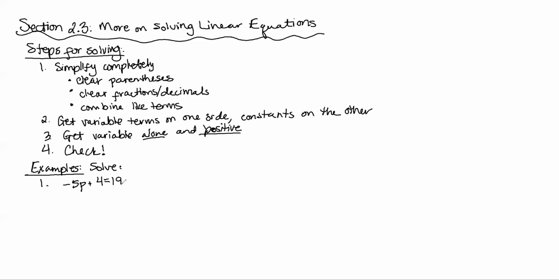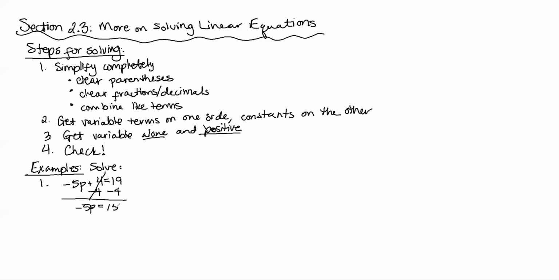We can't combine any like terms or distribute. Now we want to get the variable terms on one side, constants on the other. We only have one variable term, so let's leave that on the left. We'll move this 4 over to the right. It's addition, so we do the opposite and subtract. So these 4's cancel, and then we have negative 5p